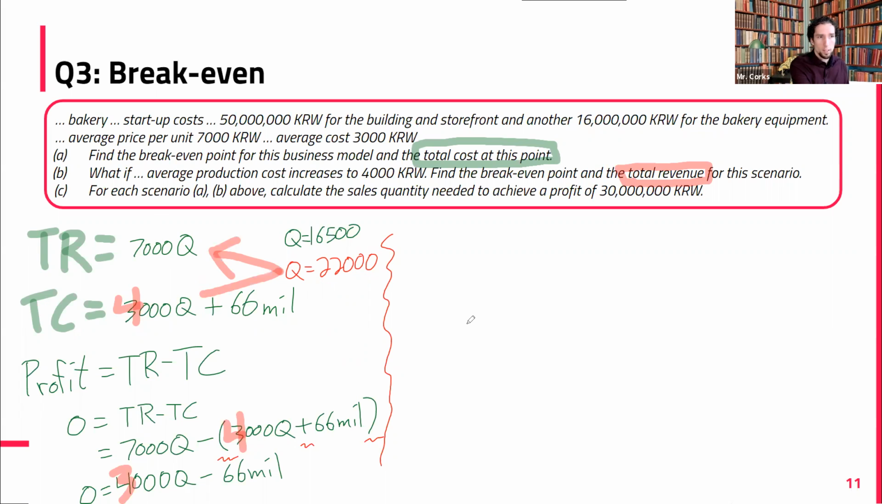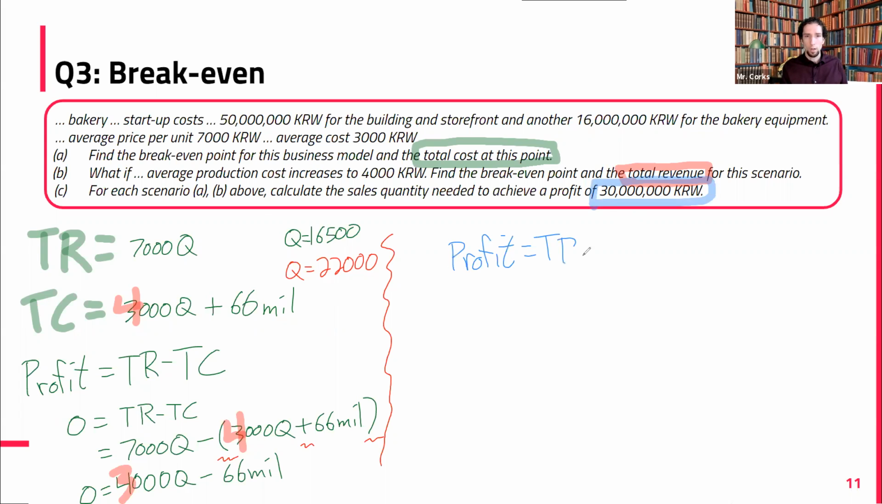So that's how we do 3. Part C here was asking us, okay, instead of break even, instead of 0 profit, what if we want to actually have some profit of this much, of 30 million? So we would just do the same problem again. We'd have our profits